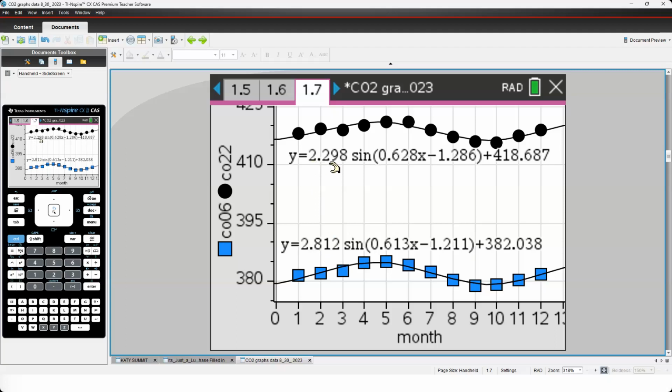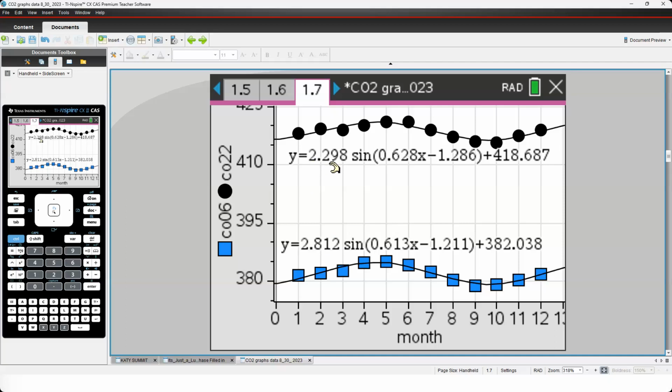And that's a consistent pattern. The amplitude is shrinking as the years go on. And a really good question is what does that tell us? Is that a good thing or a bad thing? It's clearly a part of the global warming, but what is actually going on there? It's a good question for your kids.